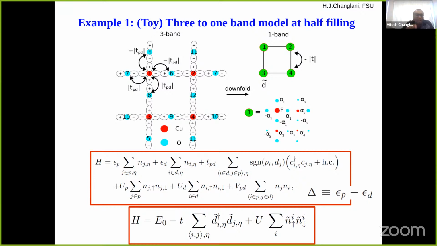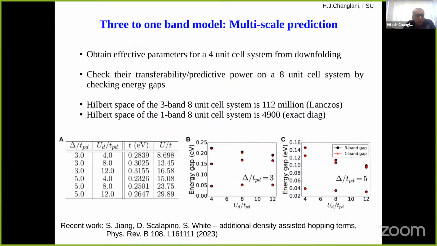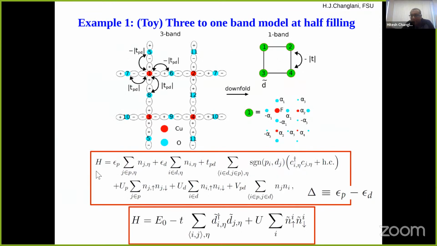We have played a little bit with delta. I think I show it here. Well, this is delta 3 and 5, so not a whole big range of delta. It's still a small range. But just to connect up a little bit with what you are saying, I think that's an excellent question, number one. Number two is that all the transformations that we are using between the 3-band Hubbard model orbitals,